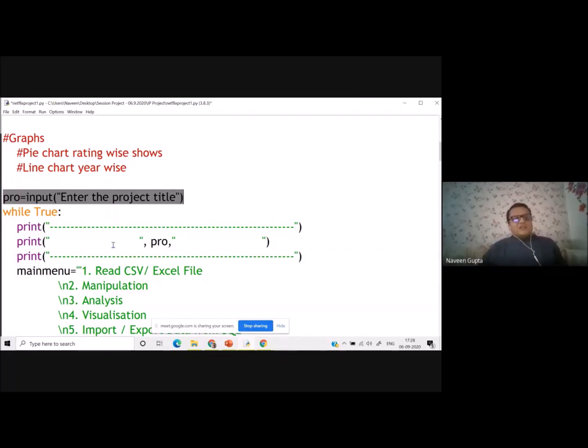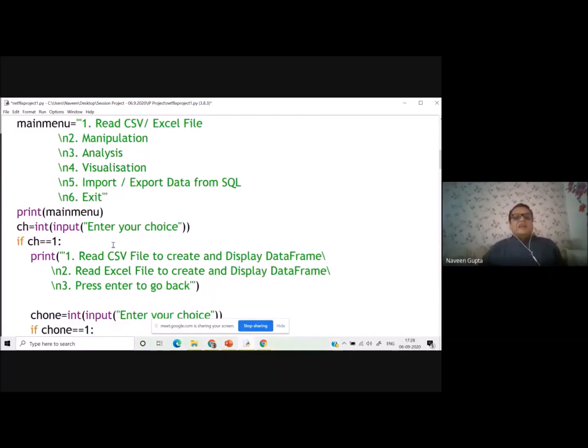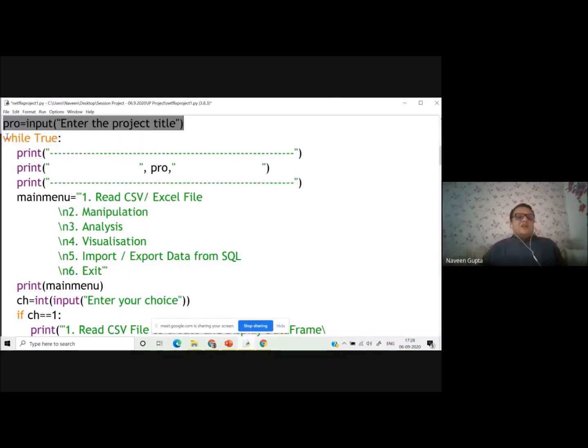But my project can read any CSV file and display it. If you see, I have written here "project name, enter the project title." Whatever project title you enter, it will be displayed as a menu on the project screen. Then I have given 4 options, as I discussed with you in the PowerPoint, that the project can